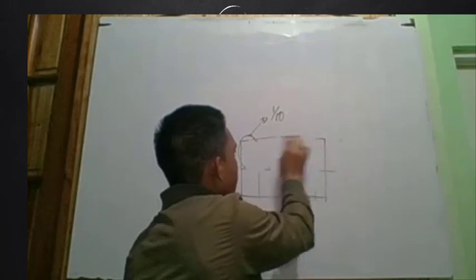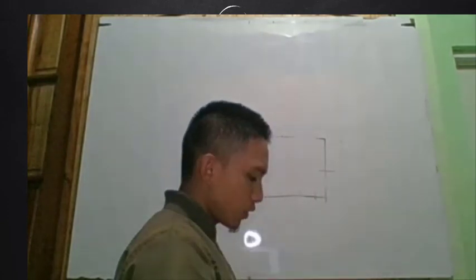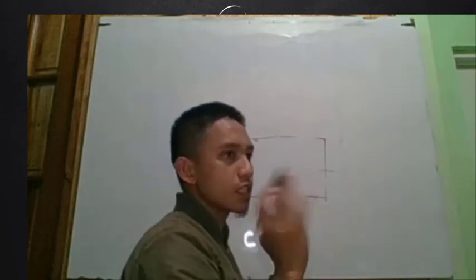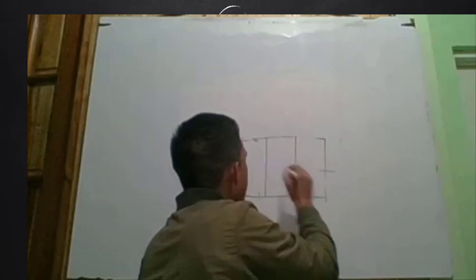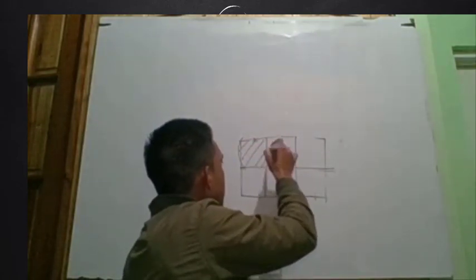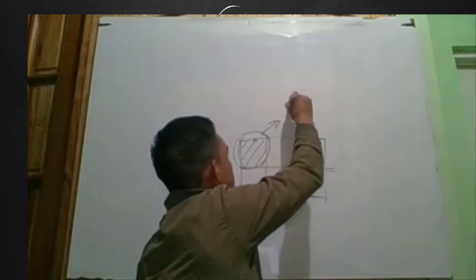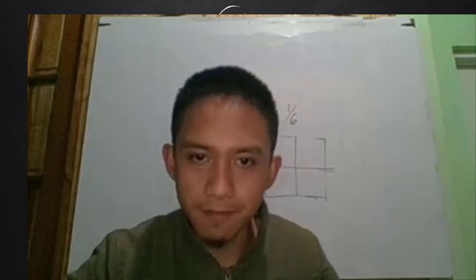Now that is for Brianna, 1/10. Okay, 1/10 for Brianna. However, if Mika will work this one, she will be finishing in 6 days. So I will be dividing this one maybe in 6. So okay, so for 6. In one day, that is what Mika will be finishing. So what is that? That is 1/6 of the job or the garden or the